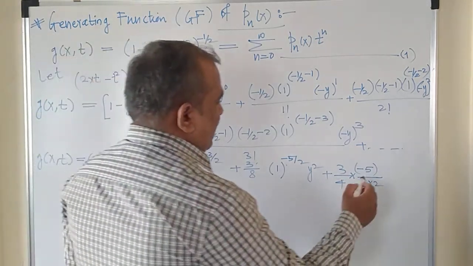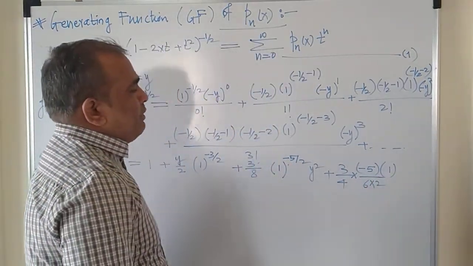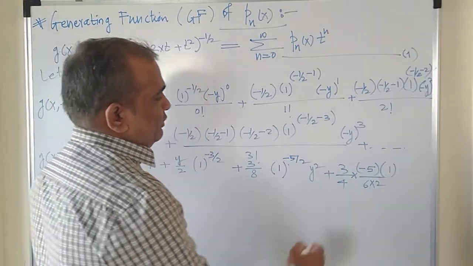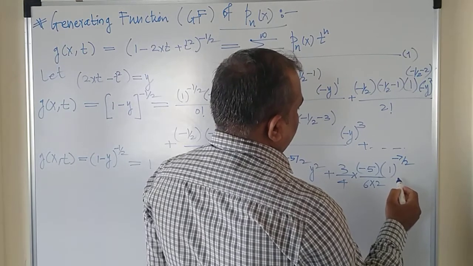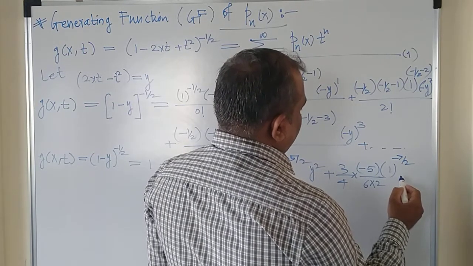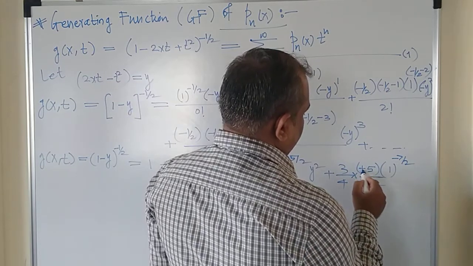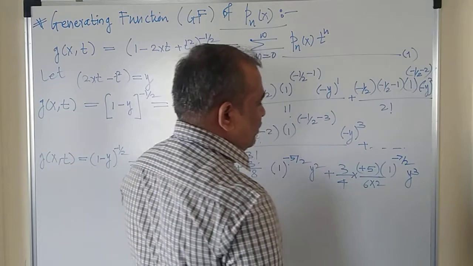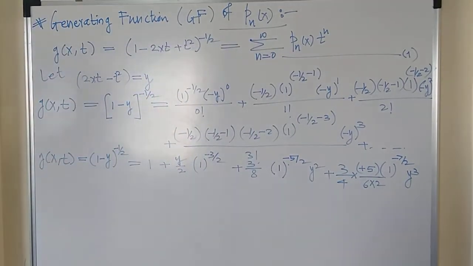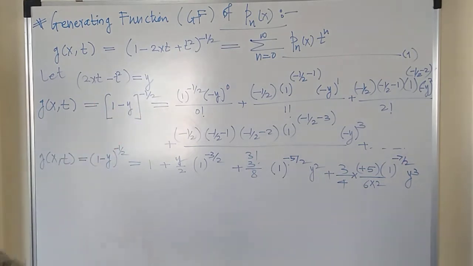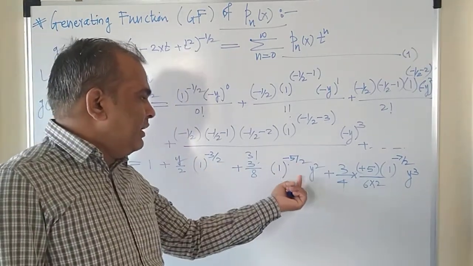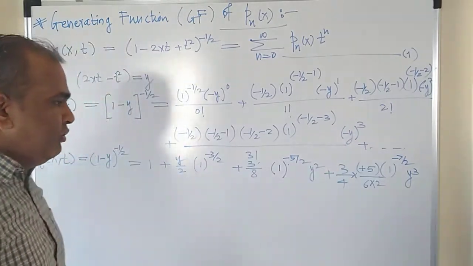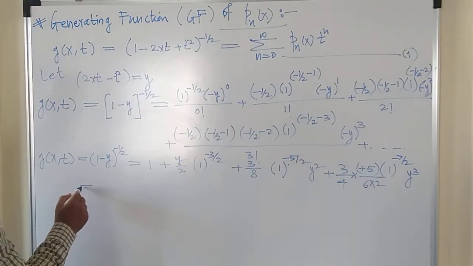And my 1 raised to power minus half minus 3 will be equal to minus 7 by 2. Minus y cube will be minus y cube. So minus minus will become plus and I will just write here y cube. Isn't it? Now 1 raised to any power is equal to 1 only, right? And therefore this 1 raised to power minus 3 by 2, 1 raised to power minus 5 by 2, 1 raised to power minus 7 by 2, all will give you only 1, and hence in the next simplified step